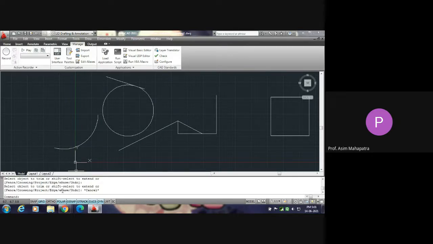Small e, capital R, ASE. For fence, capital F. For crossing, capital C. For project, capital P. For edge, capital E. But for erase, you see small e, capital R, then ASE. That means capital R is the shortcut for erase. So that will be helpful. Whenever in the command bar you find any command, just look at which part is written in capital letters. That capital part is the shortcut.